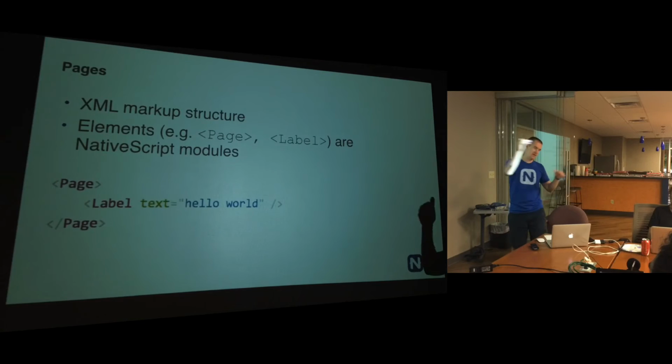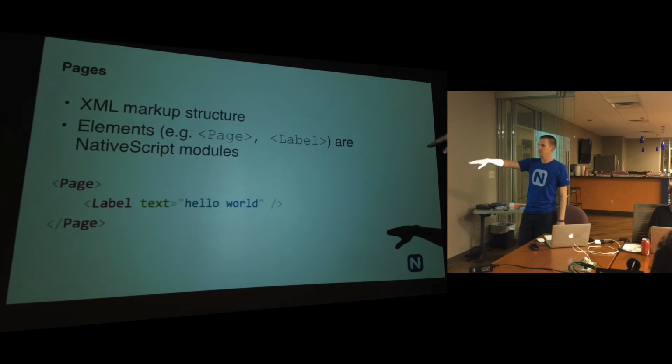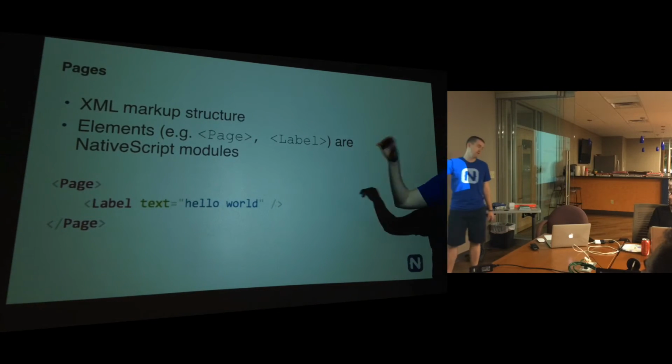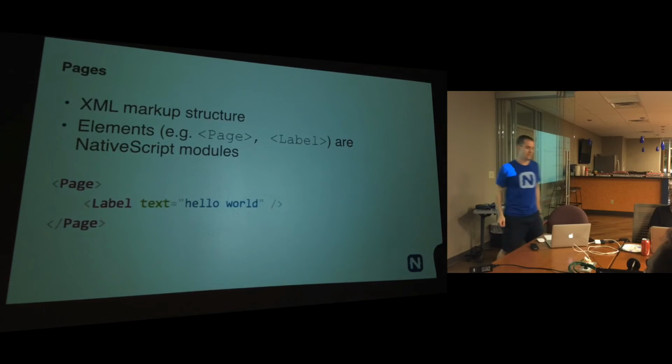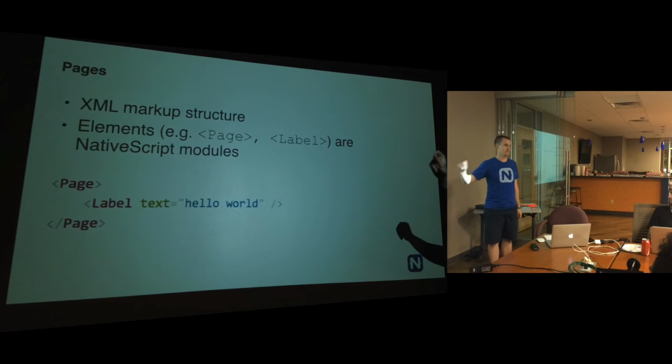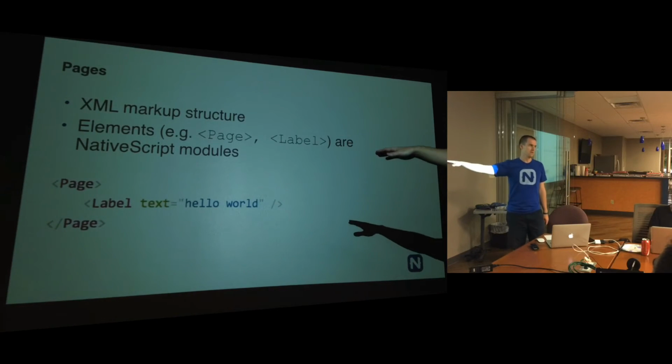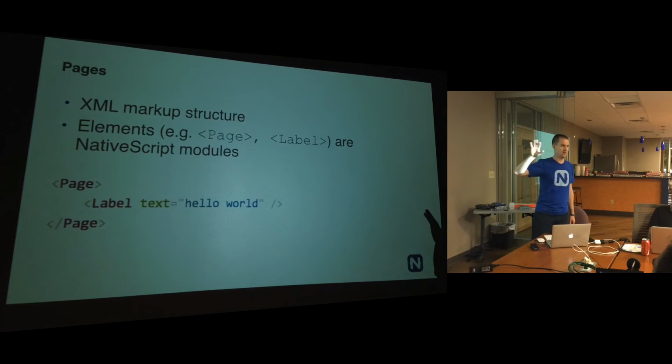We won't be getting into that because it's probably a little more than the basics, but this would create a page with a label on it that says Hello World. Pretty simple. And the one thing I will say is that the documentation for this is really, really good right now. I can pull that up if you want, but I think it's docs.nativescript.org. It's really, really good. And it walks you through just getting all the basics done.